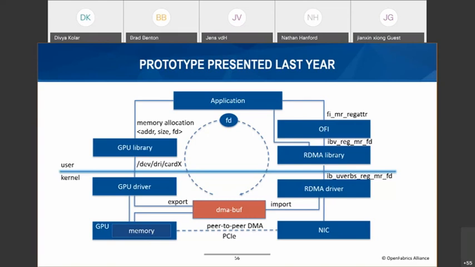Basically, the application will allocate the memory using the API provided by the GPU library. The GPU library will talk to the GPU driver through a specific device using I/O control. The GPU driver allocates the memory and then exports it as a DMA-BUF object. After that, it can get a file descriptor for that DMA-BUF and pass it back to the application. The application then uses the file descriptor to various layers of the